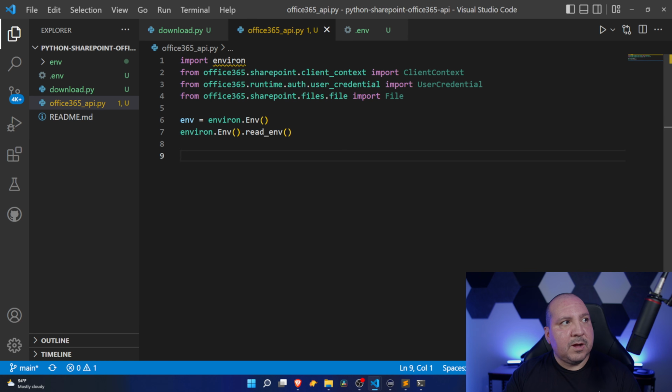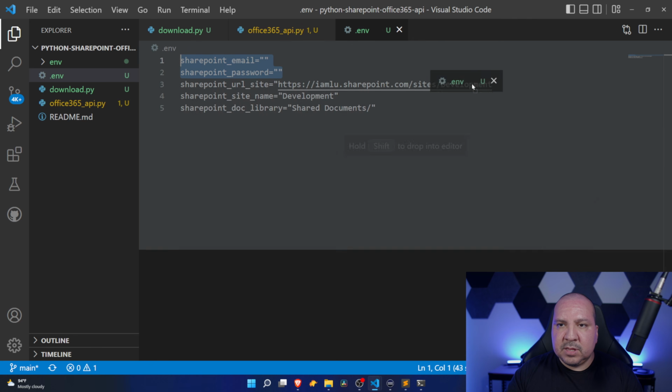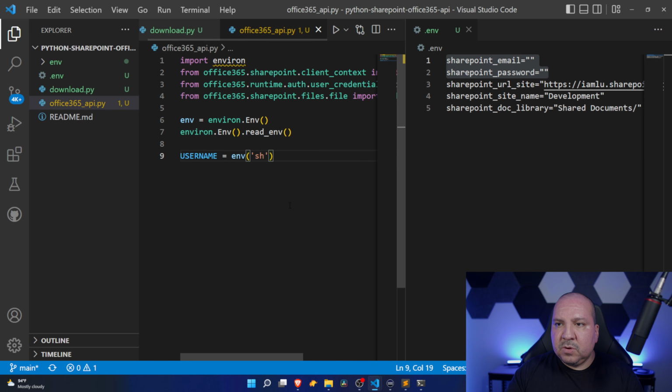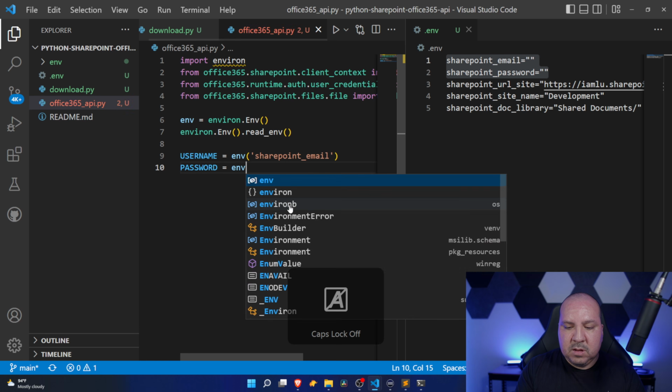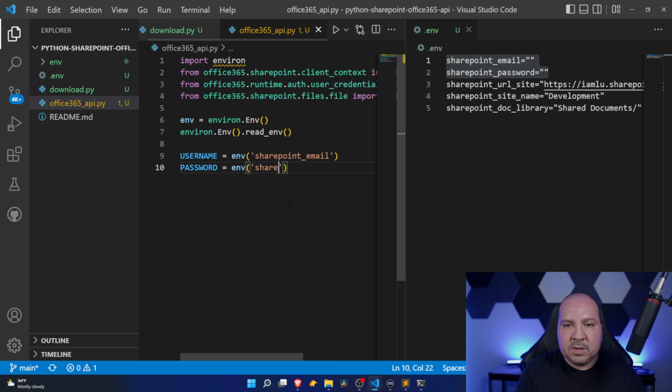All right, so the next thing we need to do is now we're going to pretty much read these variables and assign them to a Python variable. So let's go ahead and do that. The first one would be username, which again it's actually email. So in this case, let me kind of put this to the side. It's going to be SharePoint email. The next one would be password, and this would be SharePoint